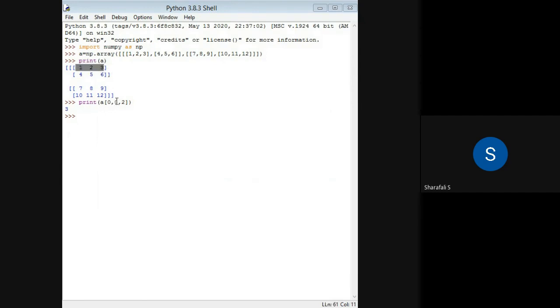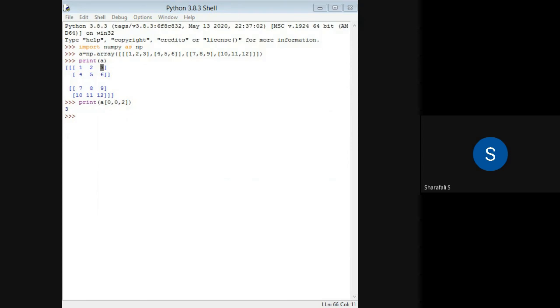Then 2 is index 2 for the column, so that is the third column, right? This is 0, this is 1, this is 2. So I will get the answer as 3. That is the element. This is how we access an element in a three-dimensional array. Okay, I hope you understood this.